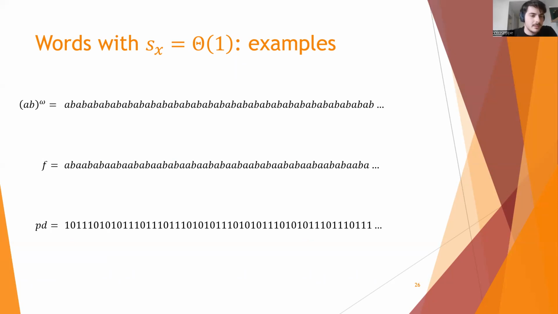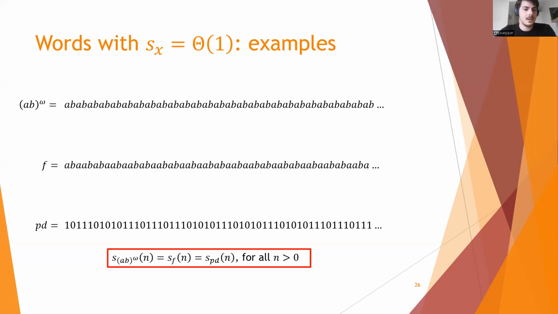On top, we have the periodic word AB to the omega, which is obtained by concatenating infinite times the word AB. Then we have the Fibonacci word, and then the period doubling. For all these words, we can easily prove that the string attractor profile function is punctually the same for all n greater than 0. However, it is clear that